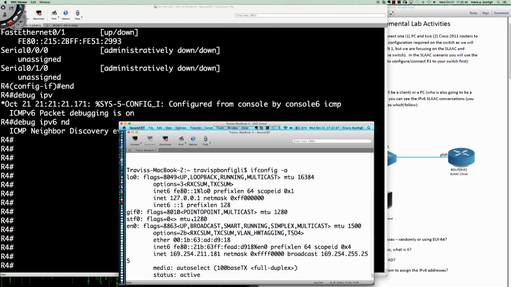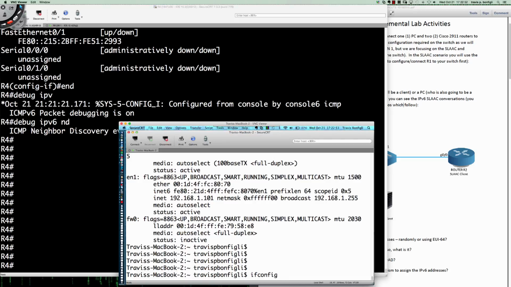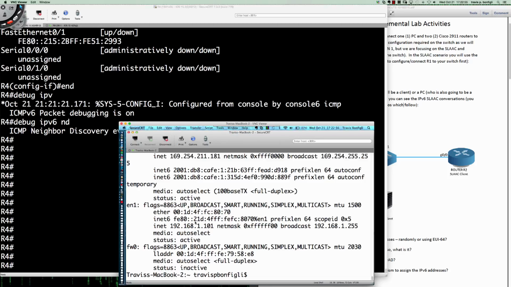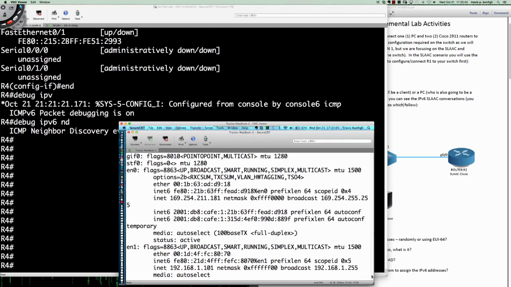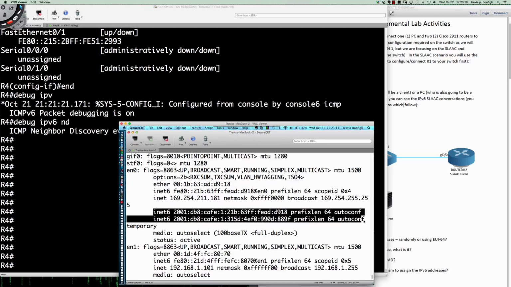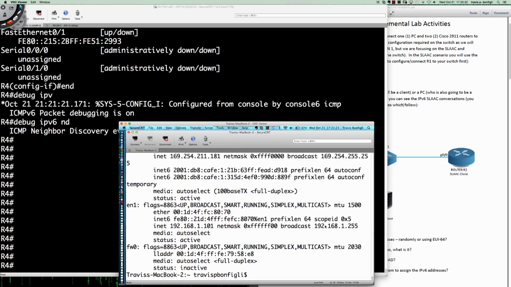All right, so now that we've got ourselves set up and we've put our prefix information out there, if I were to say ifconfig -a, am I picking up an IPv6 address? Remember, this is the Mac, and he's got IPv6 set up. He's ready to go. Take a look here. You've got it. So 2001:DB8:CAFE:1:21 Baker. So we've got two different addresses here that are IPv6 addresses. So what if I were to say ping 2001:DB8:CAFE:1::1,